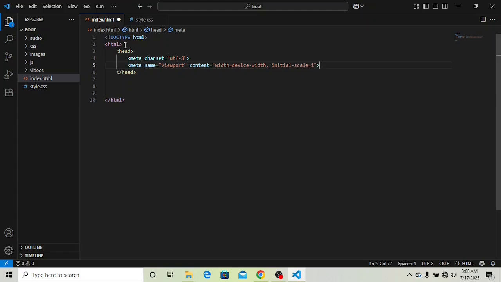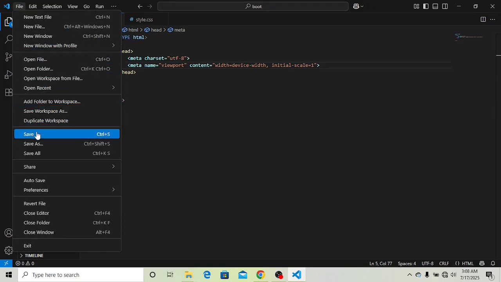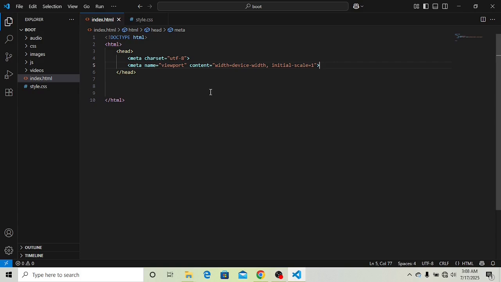Interesting. Now you save. Always save your file, please. You can press Ctrl S, or you come here and click save. Simple as that. And the next thing you do is that you now link your Bootstrap CSS file, JS file,